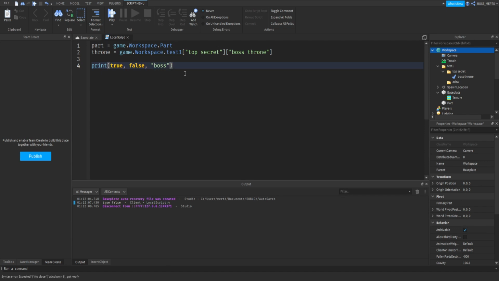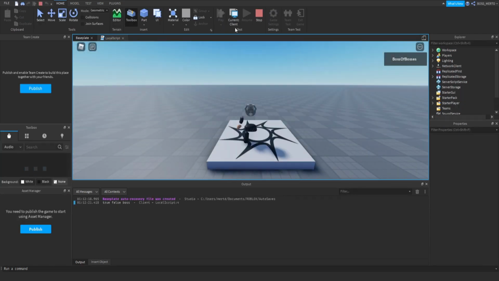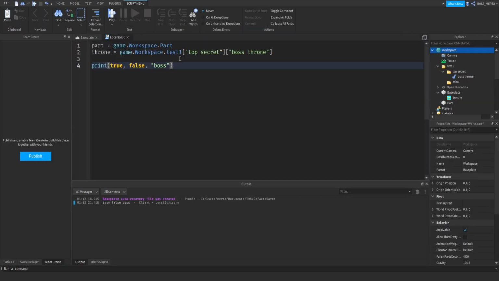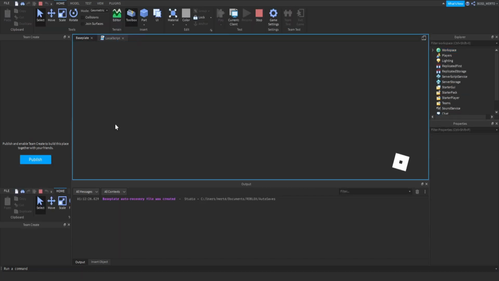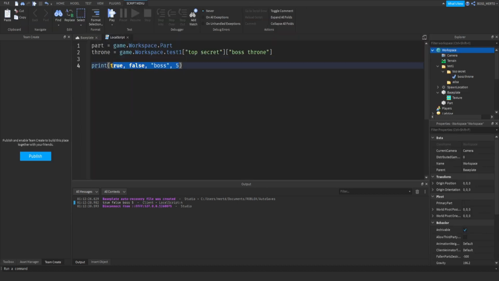So I could add a third value, a string value called pass, and this one is being printed out as well. And we could add another value, an int value in this case, and as you can see, I'm just free to do everything within this print. You can also print out